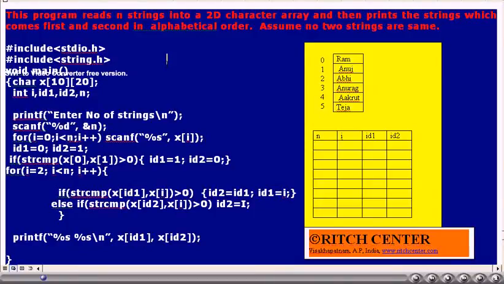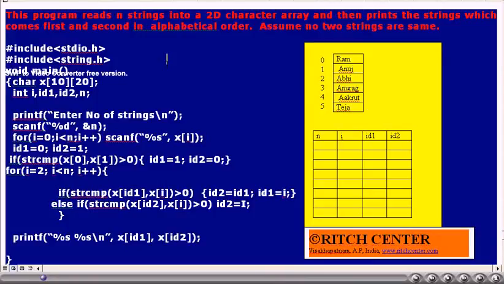We wanted the variables id1, id2 to contain the index of the string which comes first in the alphabetical order and second in the alphabetical order. With this objective, we will try to write the for loop.